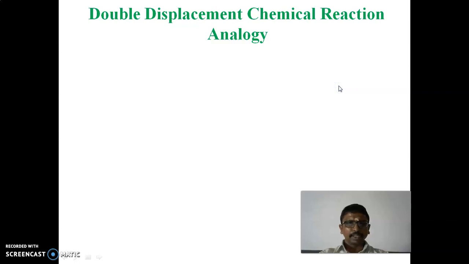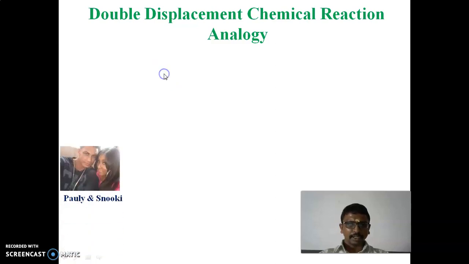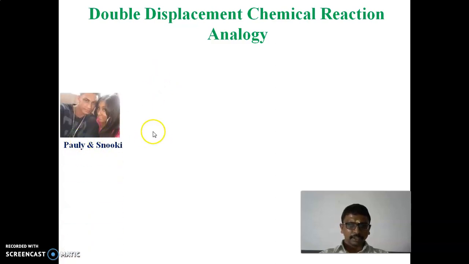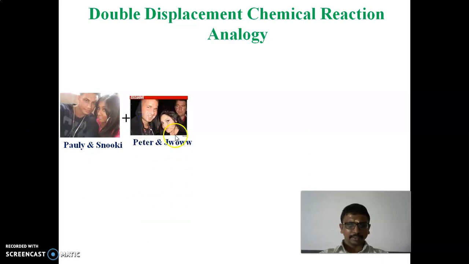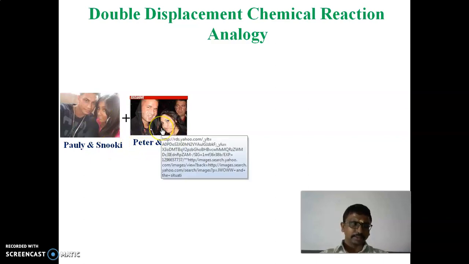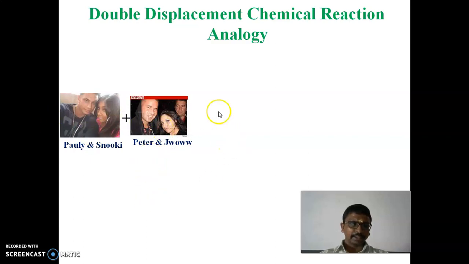And next is double displacement reaction. For that we will see the analogy first. The two different pairs of the dancers. So one pair is Pauli and Snooky and another pair is Peter and Joe. So they are the pairs, they are the dancers, and the instructor is trying to change the pair